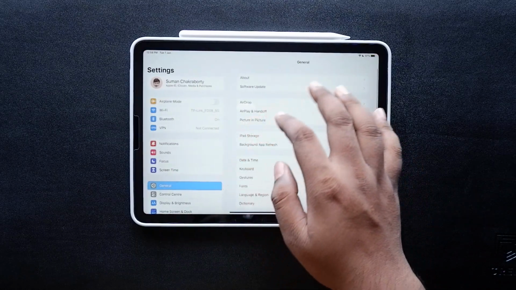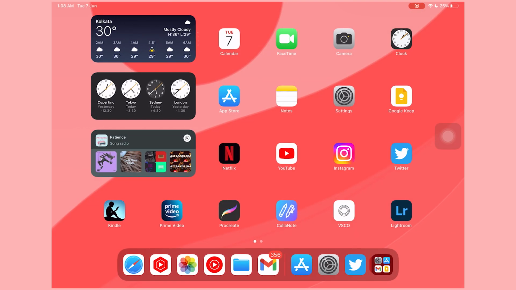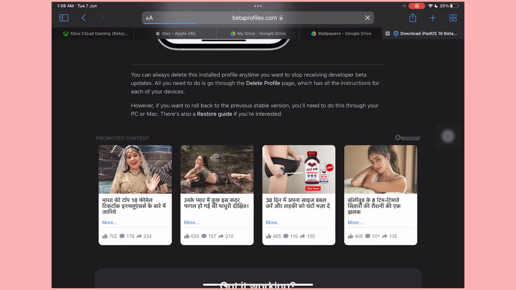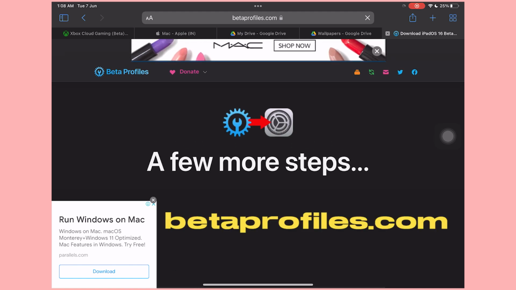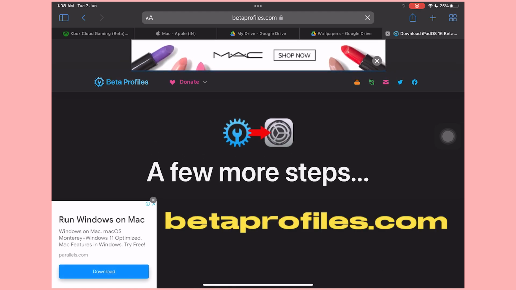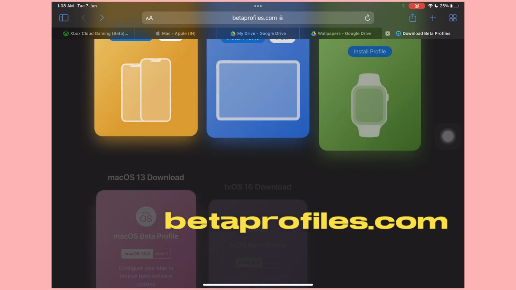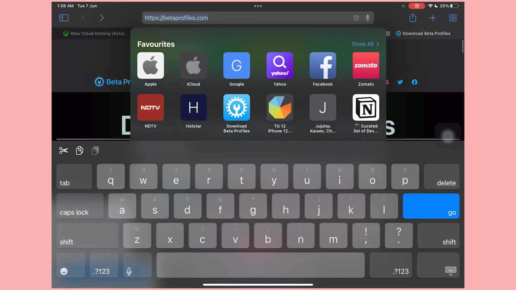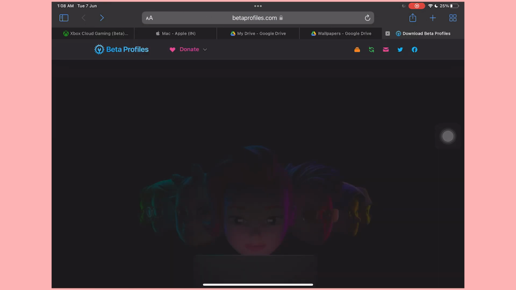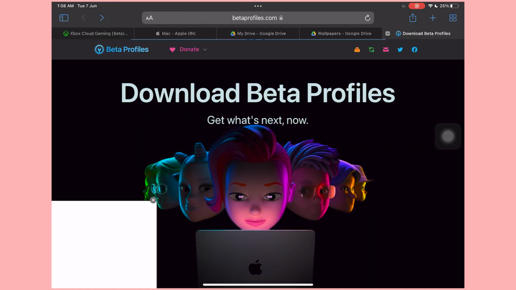So in order to do that, first of all, just open up your iPad and open up Safari on it. After going in Safari, go to the website called betaprofiles.com. I will leave the link for this down in the description, so it will be a little easier for you to navigate. But yes, go to the website called betaprofiles.com, and when you visit this website, you will see that